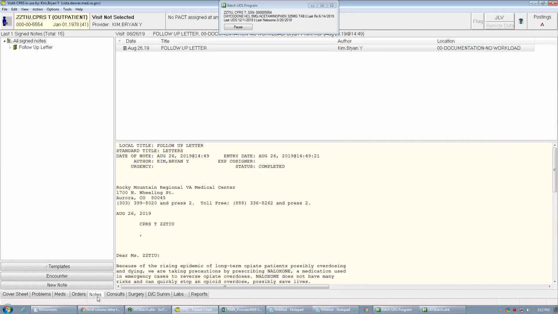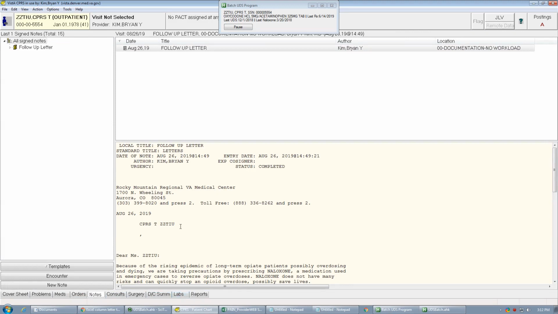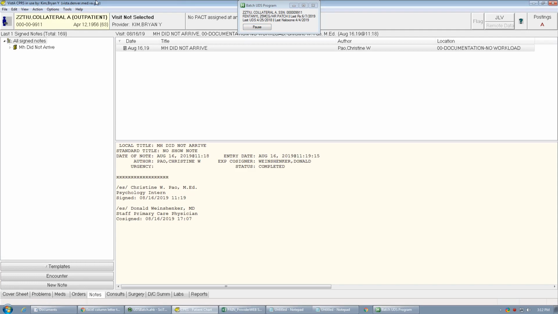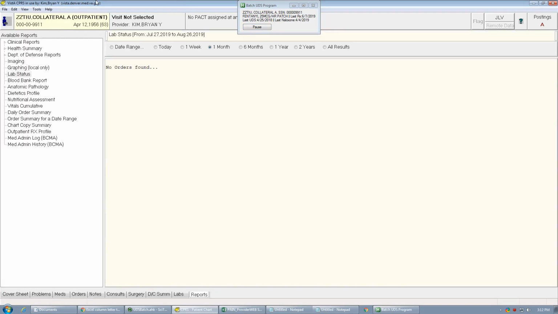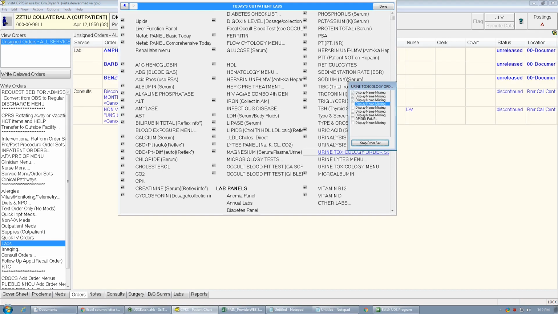So in this case, the patient already has a follow-up letter right here, and it already has existing orders for the lab. And so that's why we don't need to generate a new order for this patient. So in this case, we say okay, and then the program automatically picks up again. Here, there you go. And then puts in the correct information for the patient, their social security number,